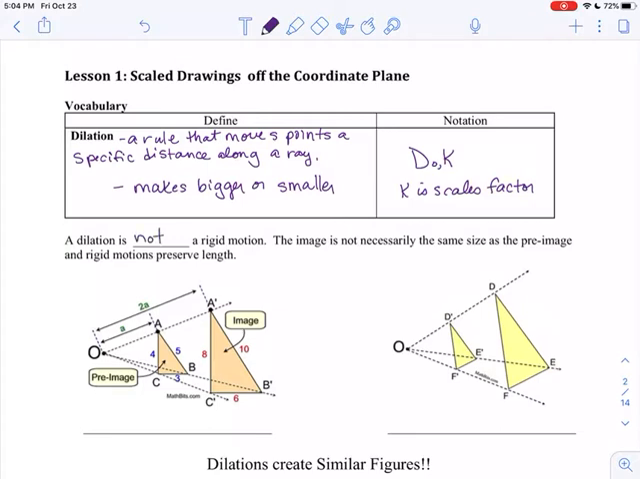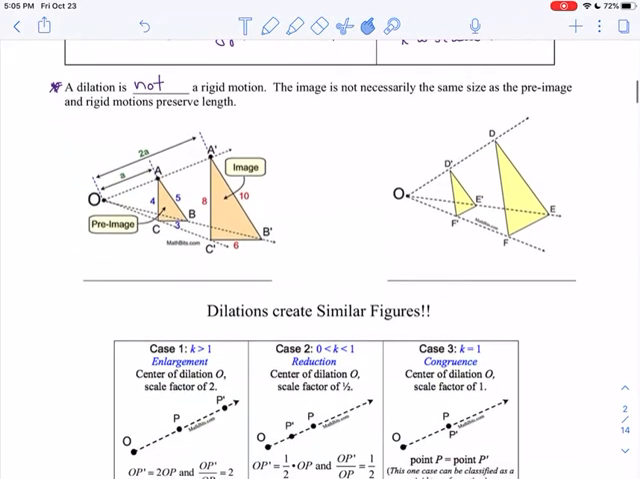So a dilation is a rule that moves points a specific distance along a ray. We're either making it bigger or making it smaller. This is important: a dilation is not a rigid motion. Because to be a rigid motion, the length and the angle measure have to be preserved. With a dilation, the angles will be preserved, but the length is not preserved. The image is not necessarily the same size as the pre-image, and rigid motions preserve length. So that frequently is a nice, easy Regents question that they put in there, but a dilation is not a